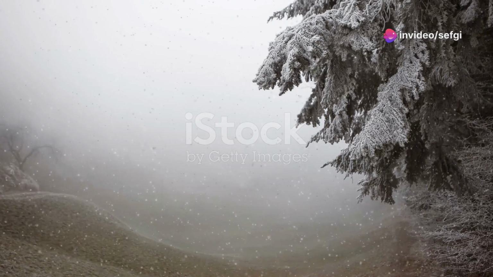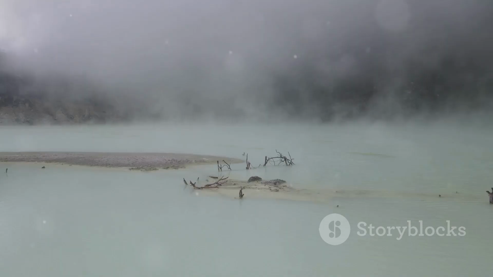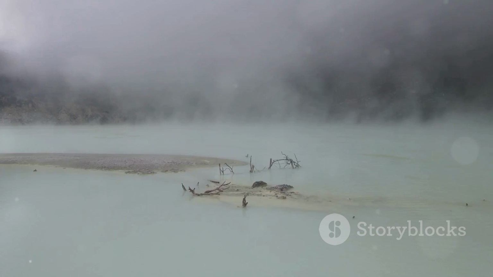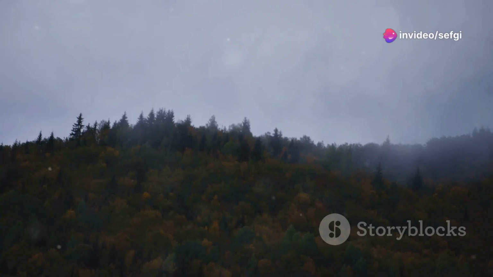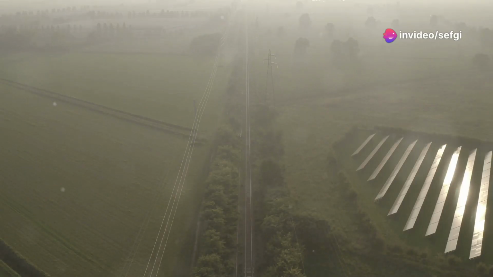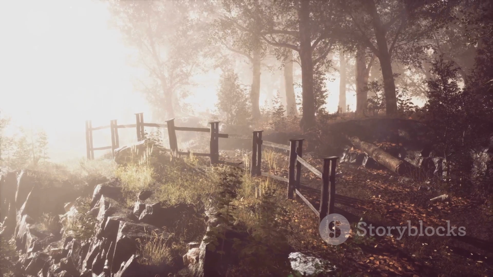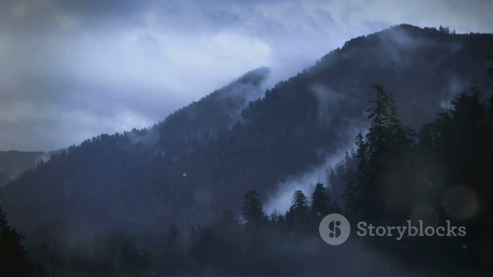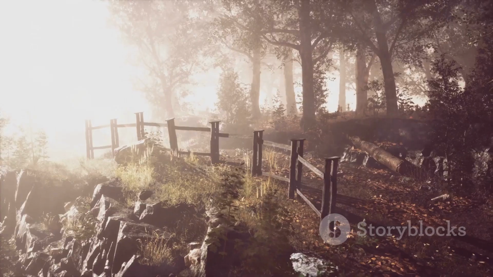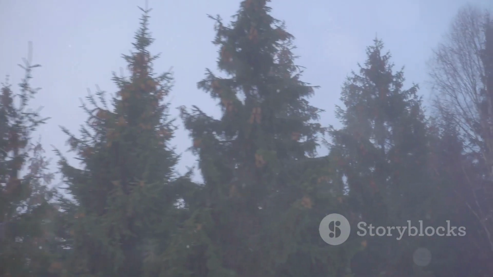Winter fog, a captivating meteorological phenomenon, embodies both beauty and challenge. Its formation, a delicate interplay of temperature, humidity, and air movement, transforms familiar landscapes into scenes of mystery and intrigue. While fog's presence can disrupt transportation, impact health, and affect agriculture, it also reminds us of nature's awe-inspiring power and the intricate workings of our atmosphere. By understanding the science behind fog, we can appreciate its beauty while mitigating its potential risks, ensuring a safer and more informed coexistence with this enigmatic shroud of winter.